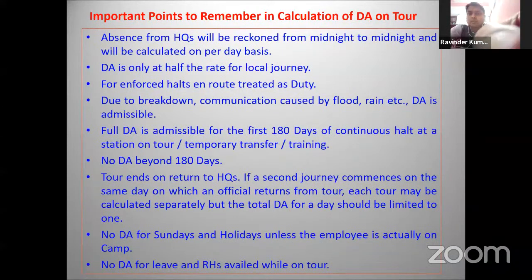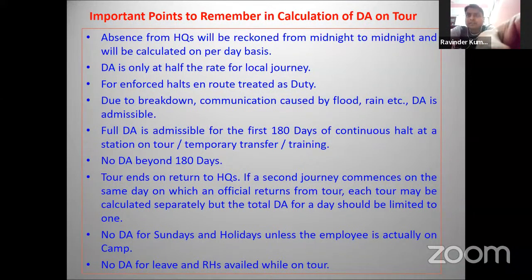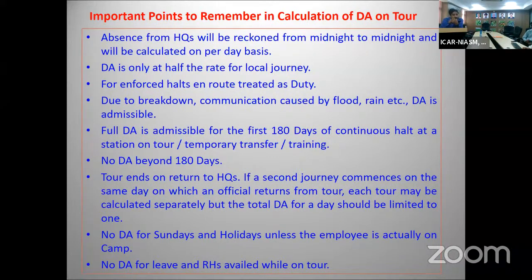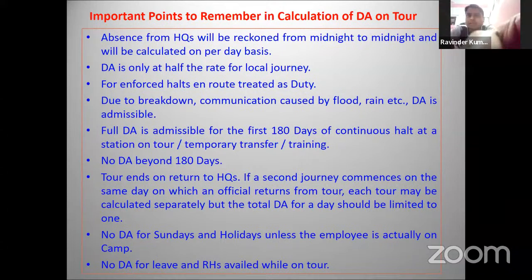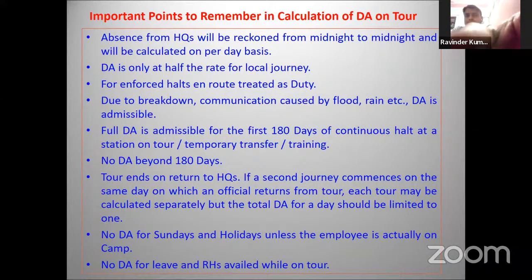लेकिन सर, अगर रात को 2 बजे आ रहा है, 12 बजे के बाद 2 घंटे हो गए, वो काउंट नहीं होगा? रात को 2 बजे अगर आप आके पहुंच रहे हैं, तो 12 बजे से 2 बजे तक आपका ओनली 2 घंटा हो रहा है, लेस देन 3 आवर्स, नो डीए मिलेगा। आपको डीए नहीं मिलेगा। रात 12 बजे से कैलकुलेट होता है, इसलिए 12 से 2 ओनली 2 घंटा है, लेस देन 3 आवर्स, नो डीए।